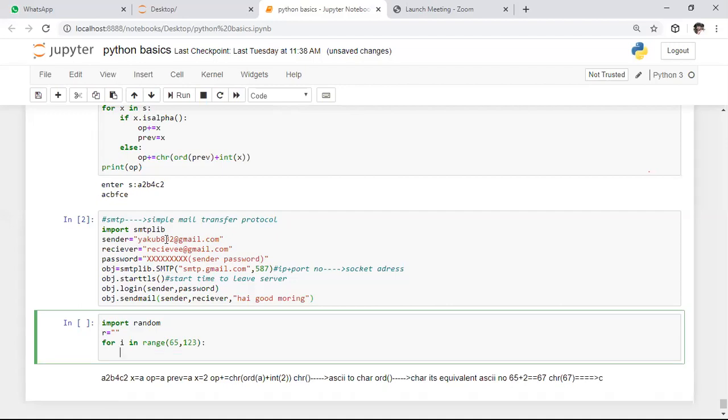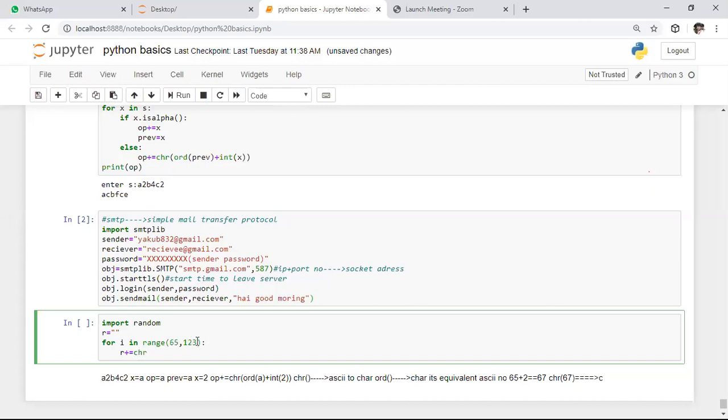After generating the number in this range, I want to add each and every character to the R string. For that, I'm saying R plus equals, and I want to convert this ordinal number into its equivalent ASCII character, so I am using the chr function. Sorry, here I don't want to specify this.